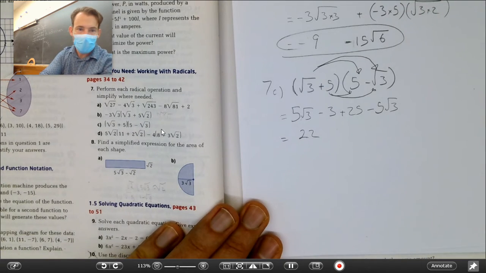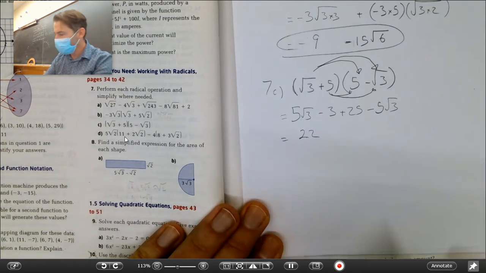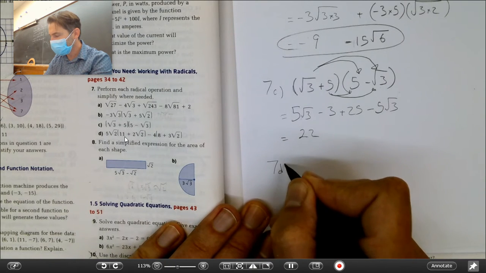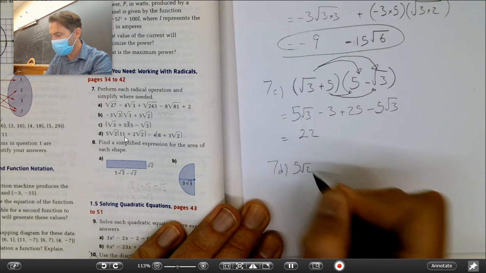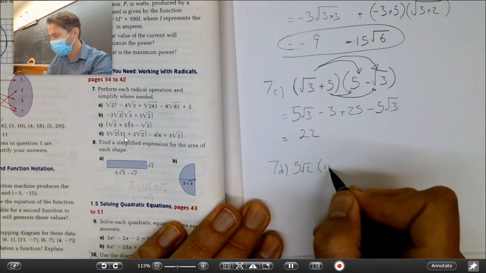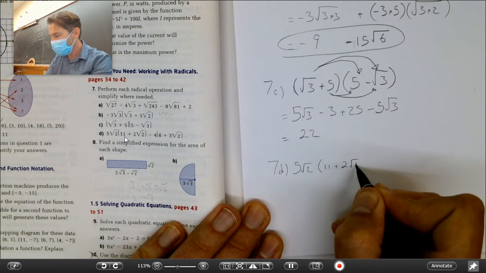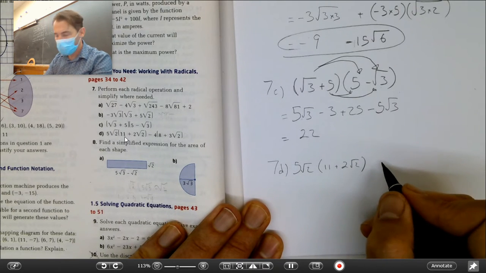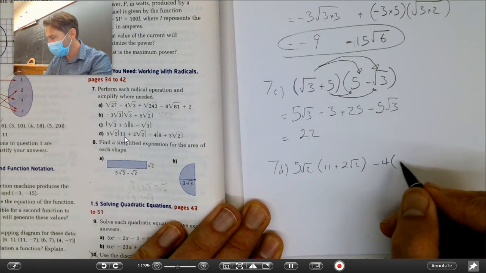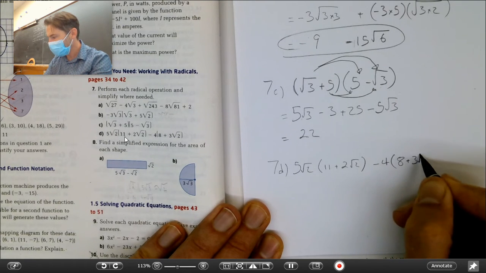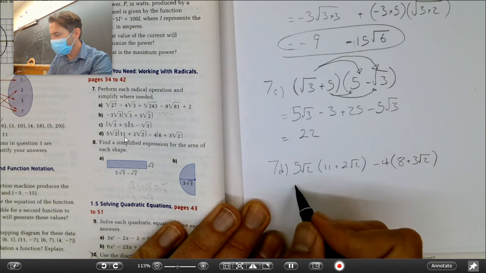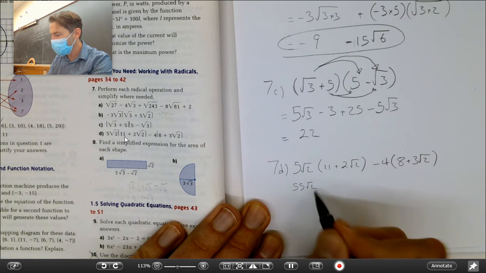And then 7D, 5 root 2 multiplied by 11 plus 2 root 2, minus 4 multiplied by 8 plus 3 root 2. So expand this in. This would be 55 root 2